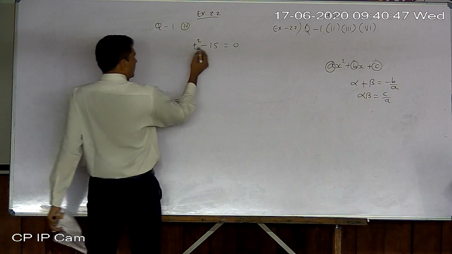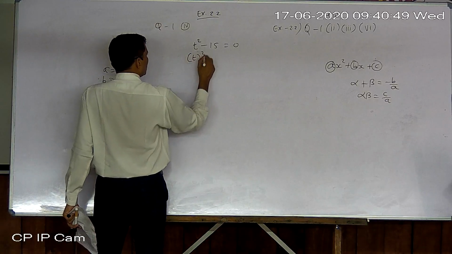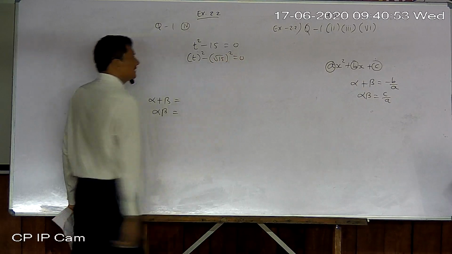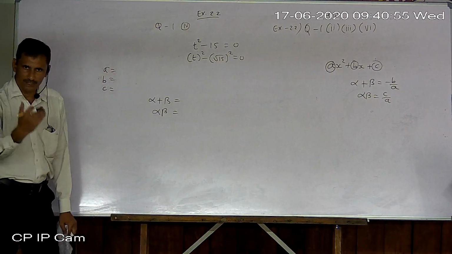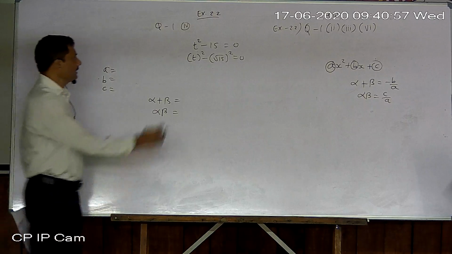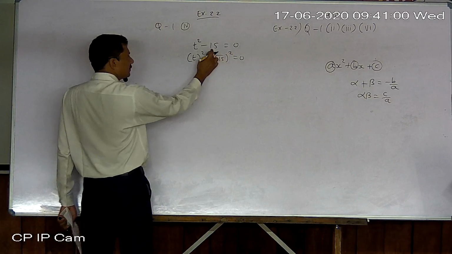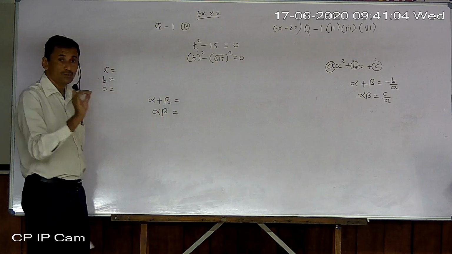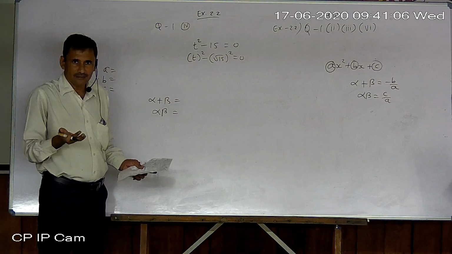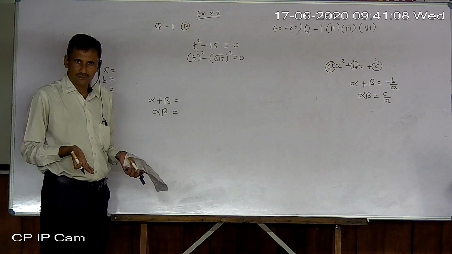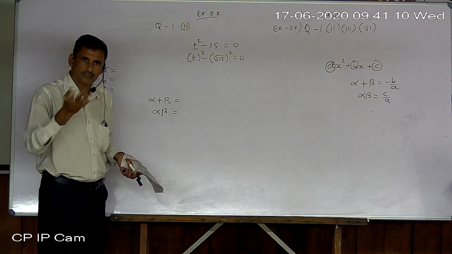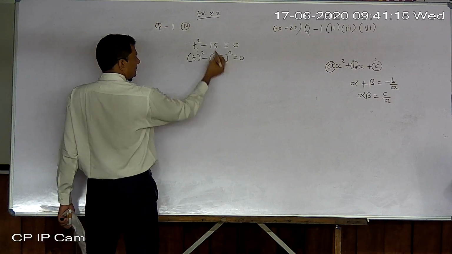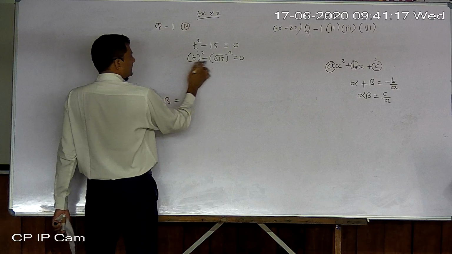Now you know there is one identity, a square minus b square. So I have written it this way. Actually, 15 is not a perfect square number, but we can write it here as root 15 square. Square root then square, or square then square root, means itself only. So first I wrote square root, then square, means 15 only. So now a square minus b square.